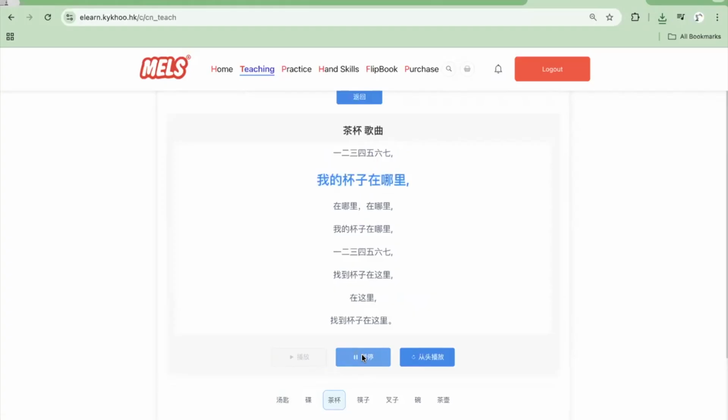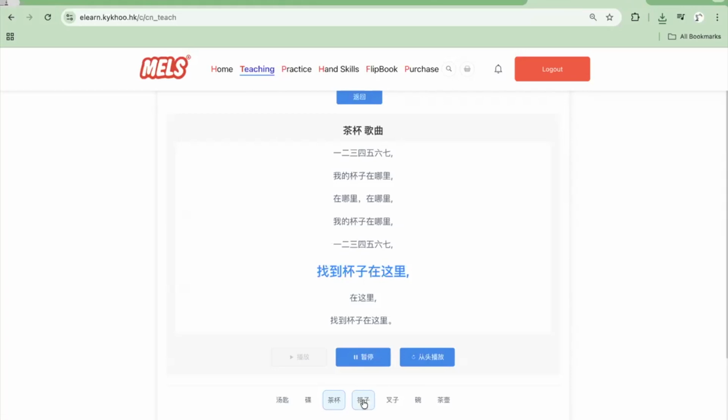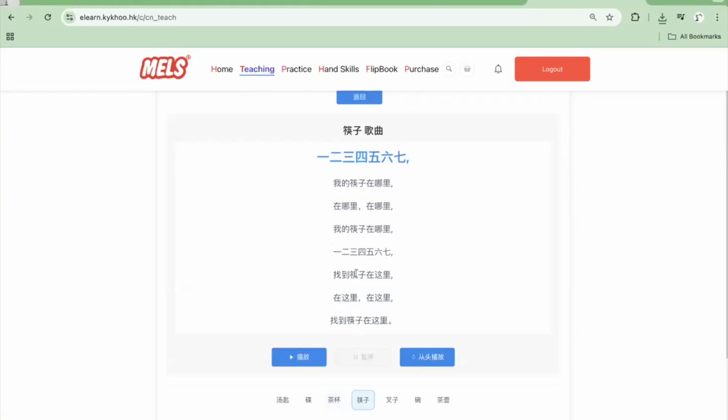我要亲我的杯子，在哪里？在哪里？我的杯子在哪里？一二三四五六七，找到杯子在这里，在这里，找到杯子。